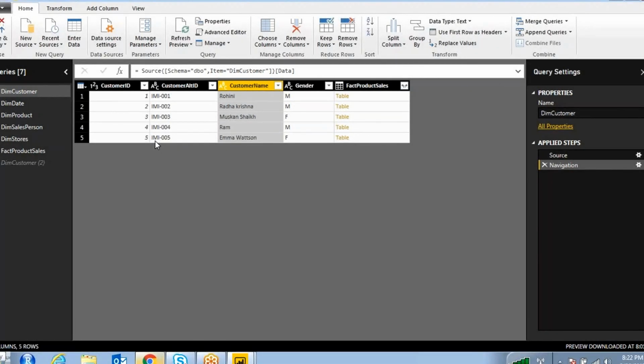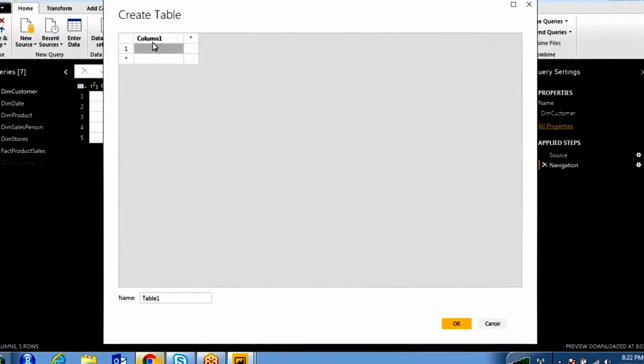So how to create a list, what are the list of genders you have? I want to enter a table, I want to create a new table. The name I want to give is gender, and we have two values right now, because the parameter value is gender.